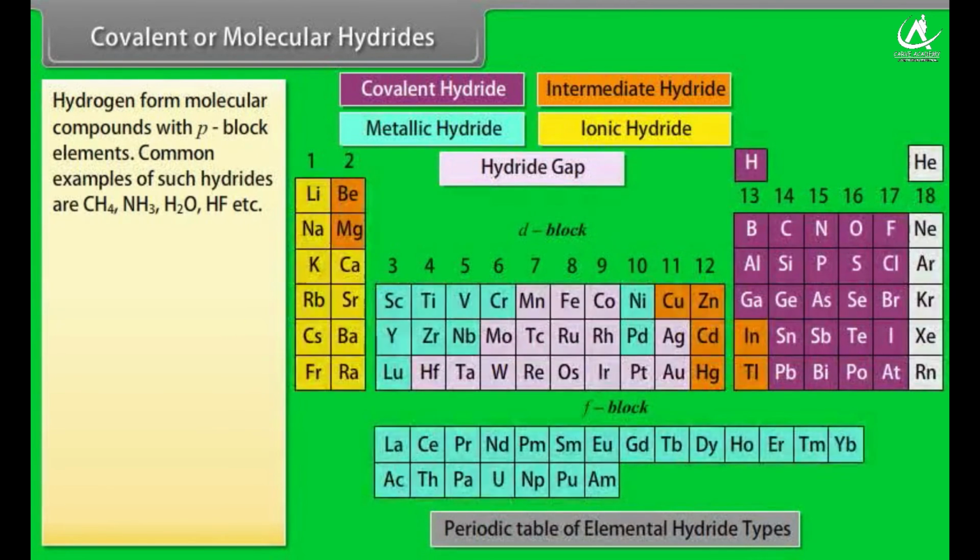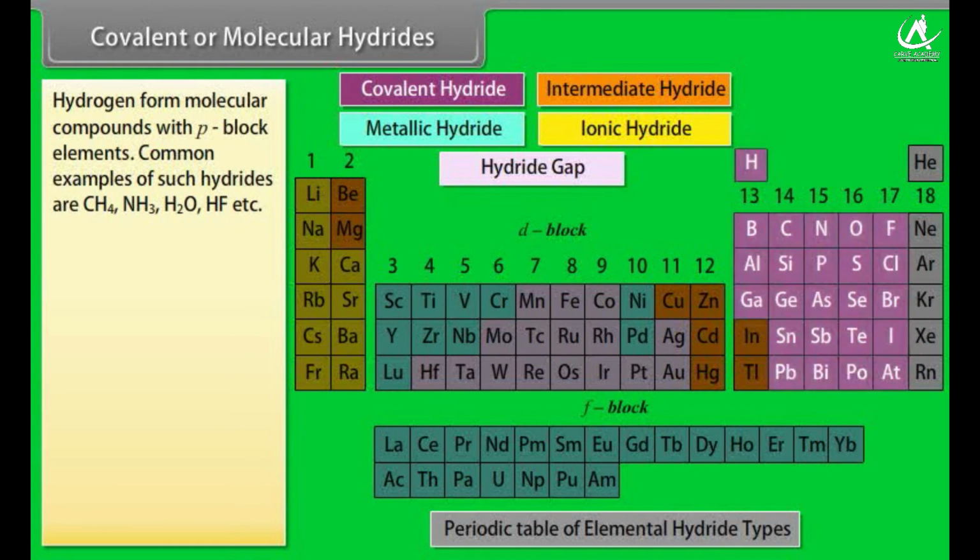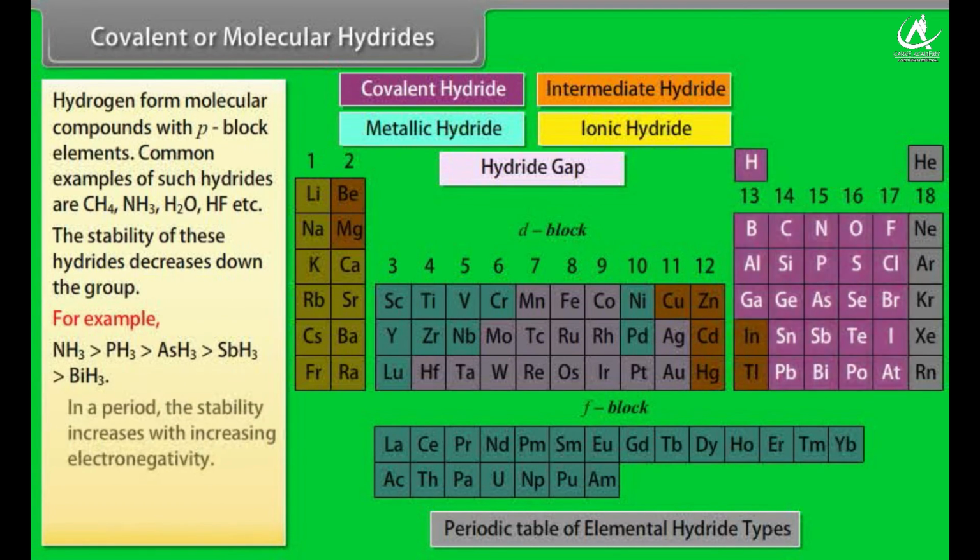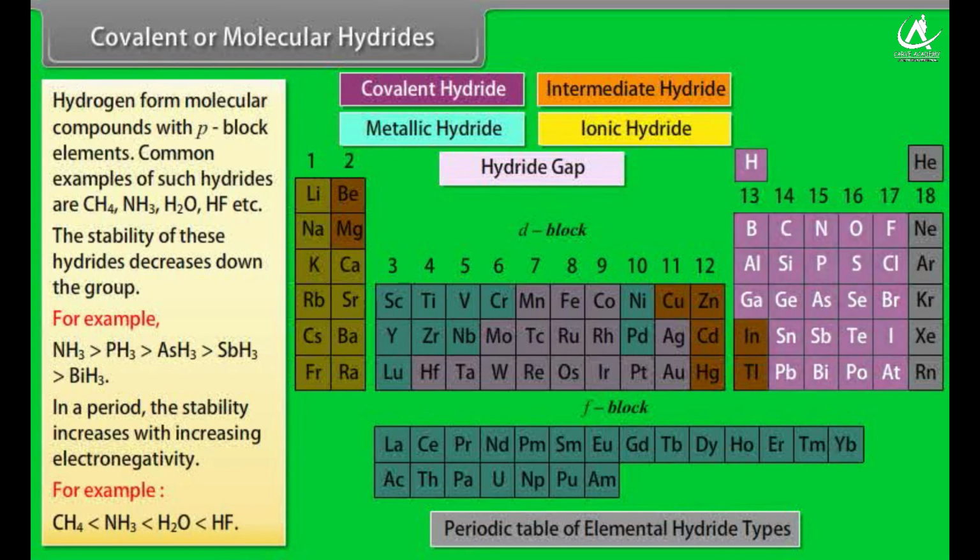Covalent or molecular hydrides. Hydrogen forms molecular compounds with p-block elements. Common examples of such hydrides are CH4, NH3, H2O, HF, etc. The stability of these hydrides decreases down the group. In a period, the stability increases with increasing electronegativity. For example,